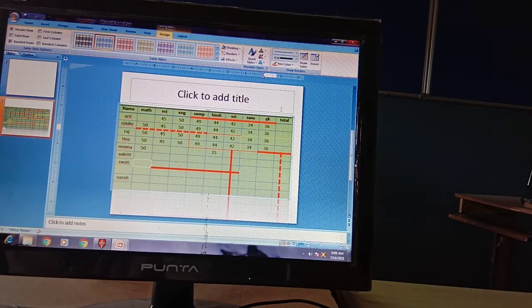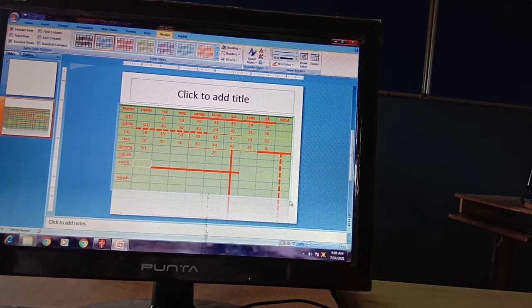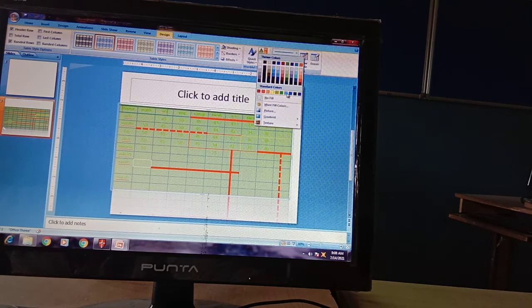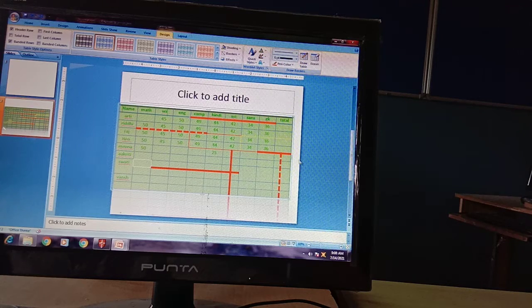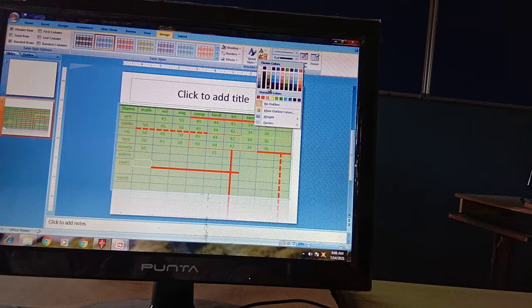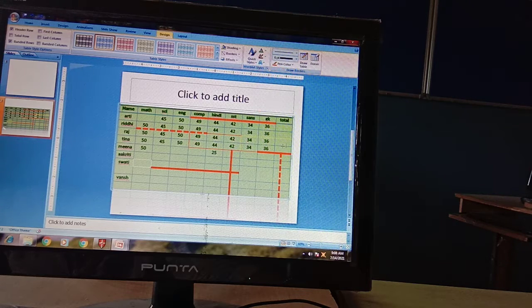These are some quick styles also. Like if you want a red color text, your text will be converted into red. If you want green color, all text will be in green color. If you want dark green, your color will be dark green. You can have all these. You can merge the color.